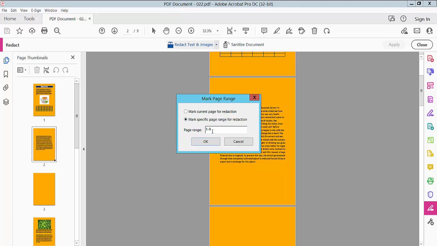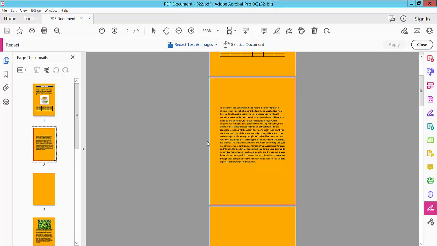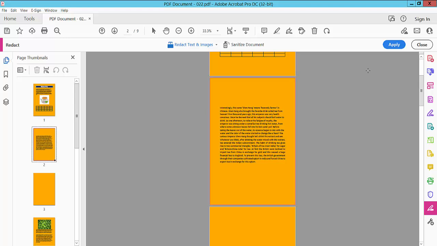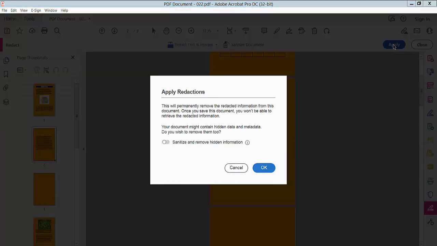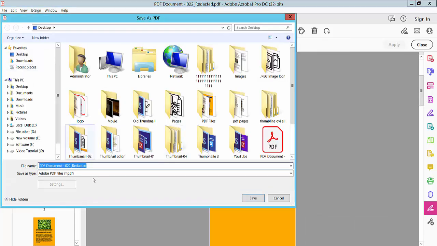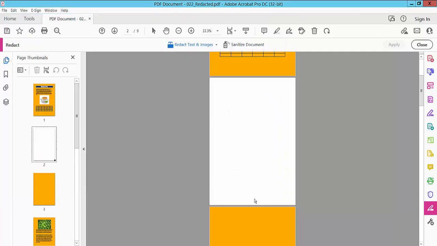and I simply select here page number 2 and select OK and say this preview and finally select Apply. OK, save your PDF file destination folder and save